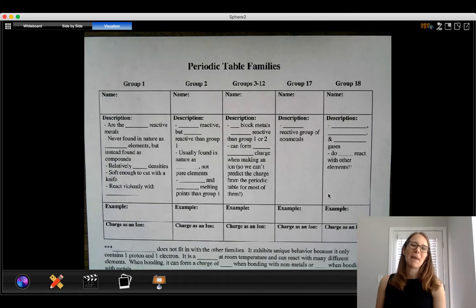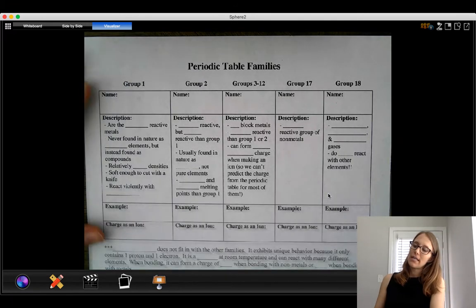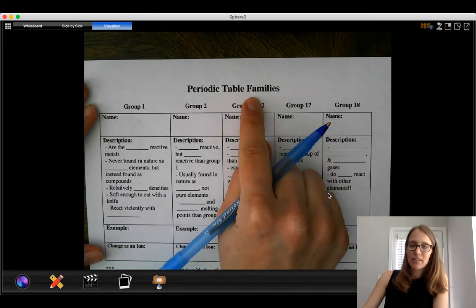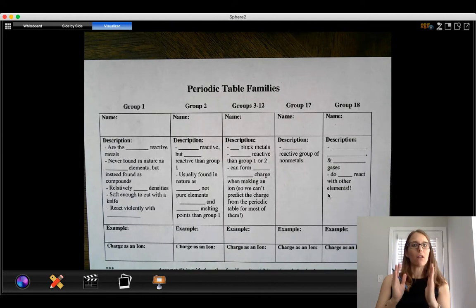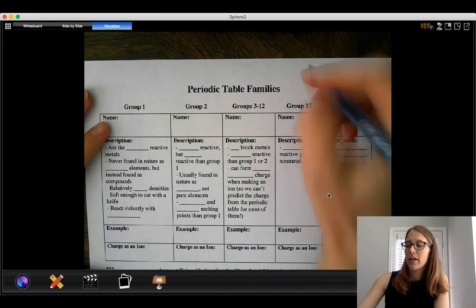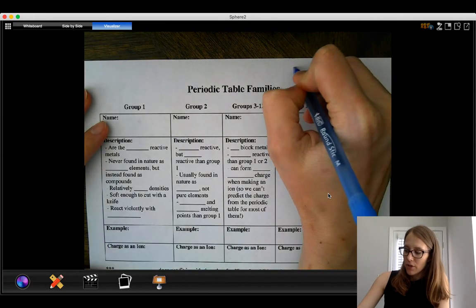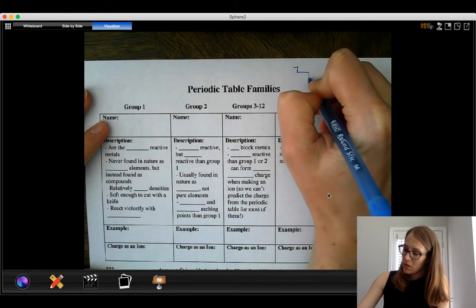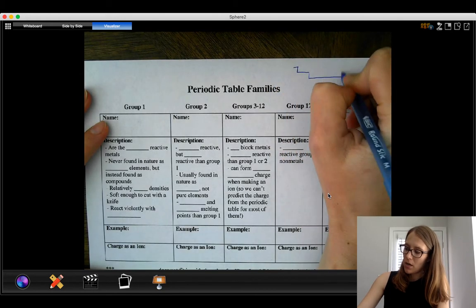All right, this is page 2 of the Unit 3 packet. This is looking at periodic table families. We already defined families on the previous page as being a vertical column, an up and down section of the periodic table. So if I just draw, this is a terrible drawing,